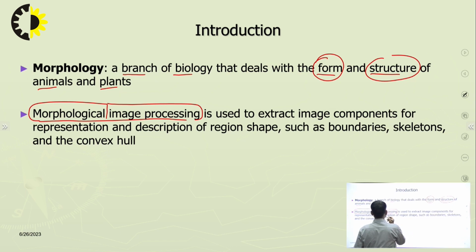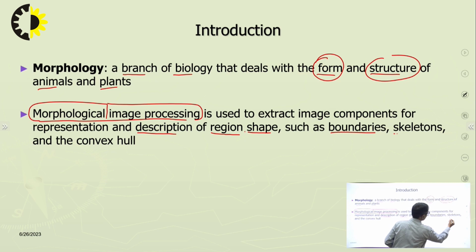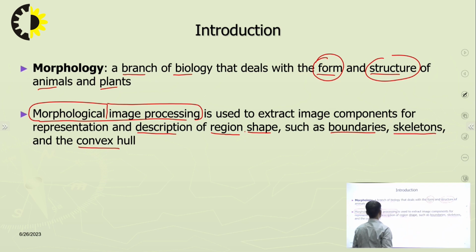If I want a description of a particular region like the shape, we can have boundaries, or we want to know the skeleton of the shape, or the convex hull of the shape. Okay, so is it possible in image processing? The form and structure of a region in an image are very important, because we want some